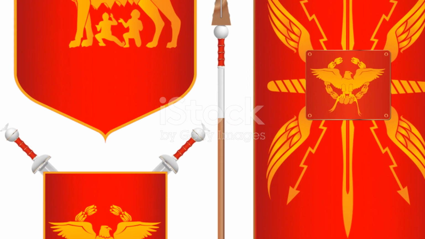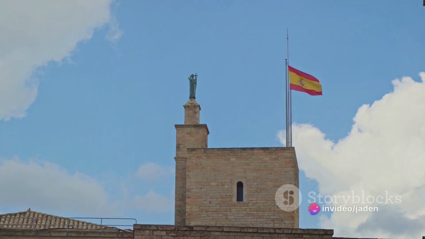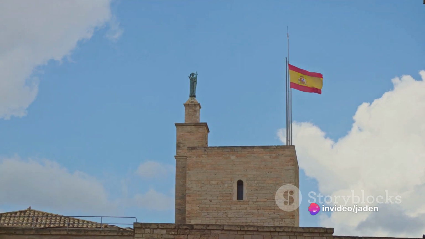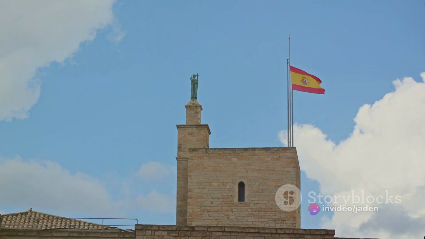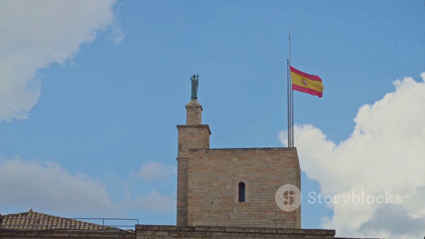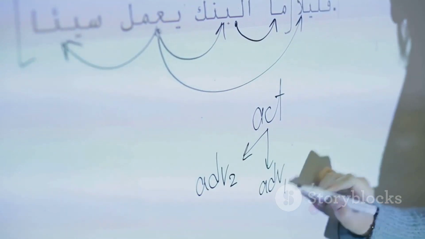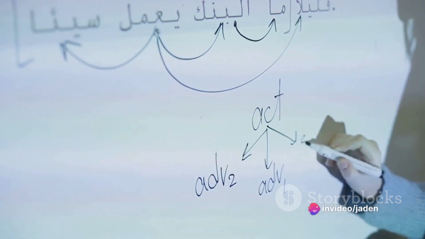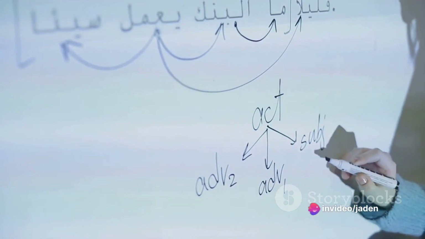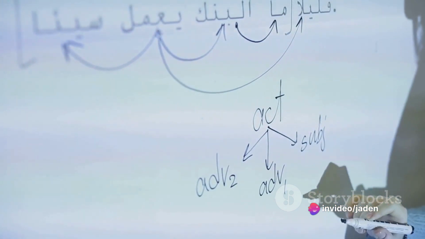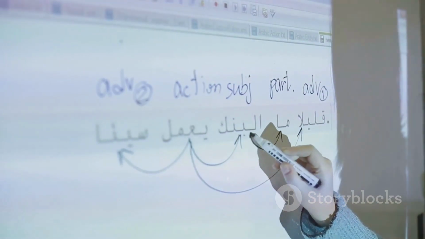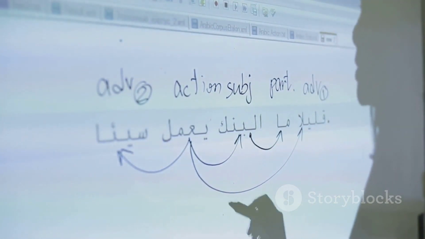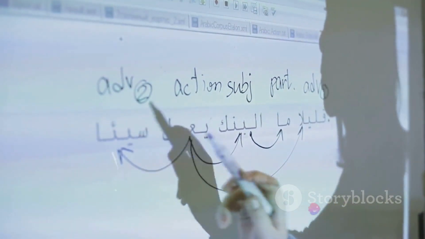However, Old Spanish was also influenced by other cultures and civilizations. The Visigoths, a Germanic people who ruled Spain from the 5th to the 8th centuries, left their mark on the language, particularly in terms of military and legal terminology. Then, in the 8th century, the Moors from North Africa invaded Spain, bringing with them the Arabic language. For the next 7 centuries, Arabic had a profound influence on Old Spanish, contributing more than 4,000 words, many of which are still in use today.